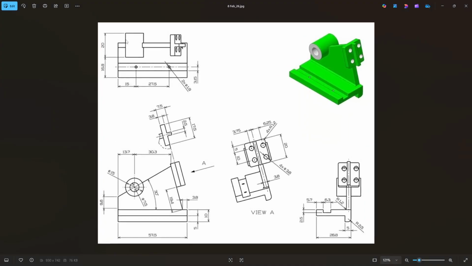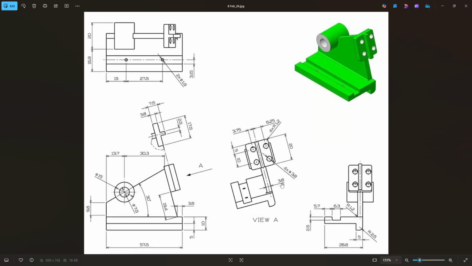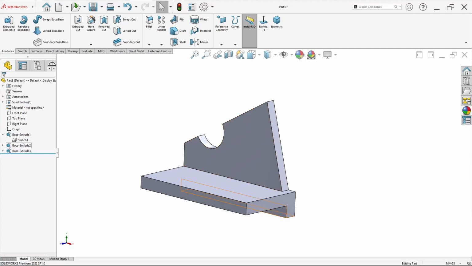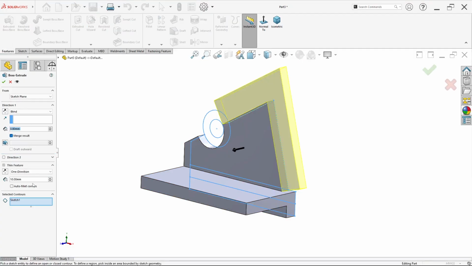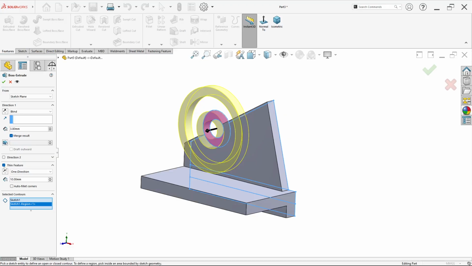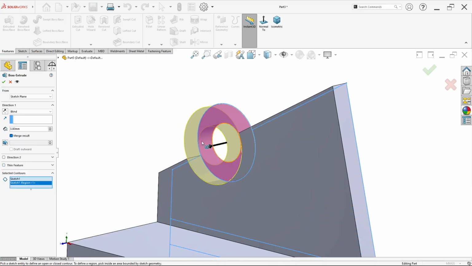Here, like a cylinder, it has a width of 20. This cylinder has its center on this, so half of 3.8 is 1.9. Click sketch 1 and click extrude boss or base again. For selected contour, select this and check thin feature.